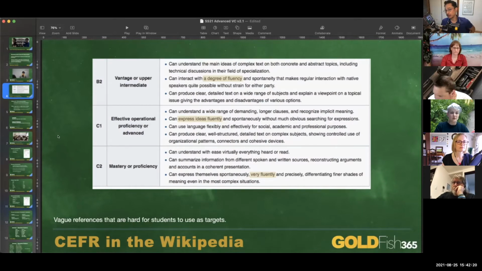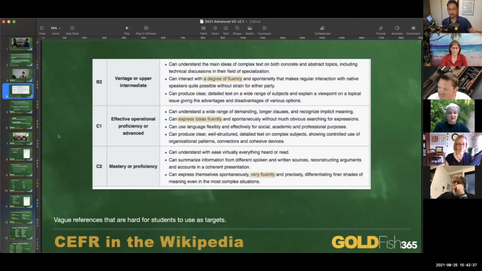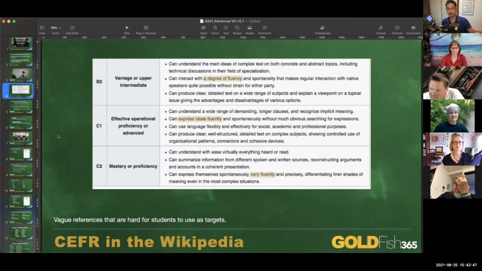Fluency itself, according to the CEFR, can be kind of confusing for our students. I think the CEFR is written a little too much for linguists and professors and teachers. We use this information and know it very well; we're professionals. But trying to say to students, well, you're at C1 level if you can express ideas fluently, but you're at C2 if you're very fluent, does not help students. And you're at B1 when you do not have a degree of fluency, but you're at B2 if you have a degree of fluency, does not help our students.